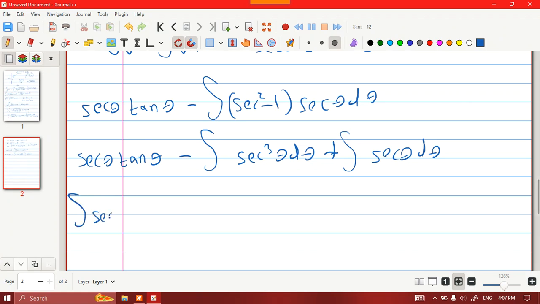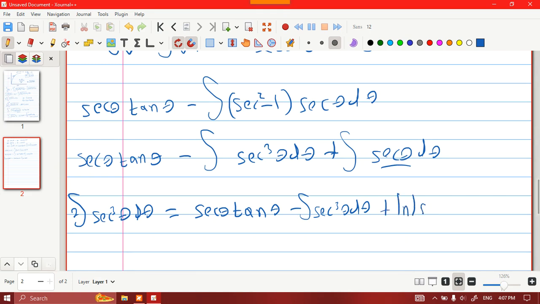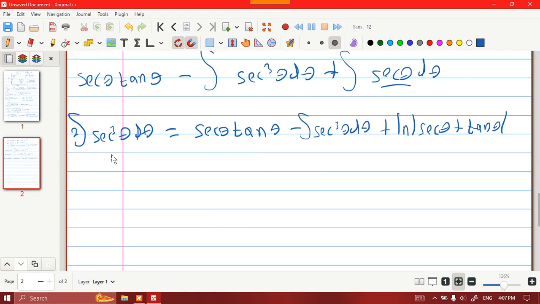Integration of secant square theta d theta, which is 2. I'm going to make it 2. The 2 from above will equal secant theta tangent theta minus secant cube theta d theta. This integration will yield ln secant theta plus tangent theta. Okay, now take this part there,